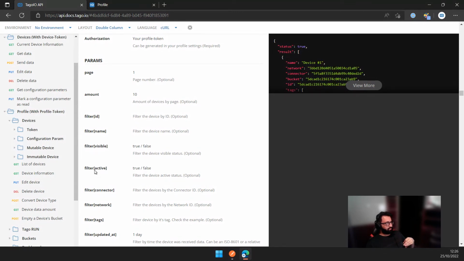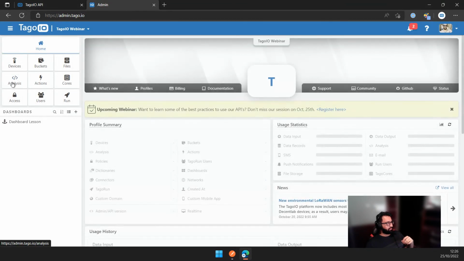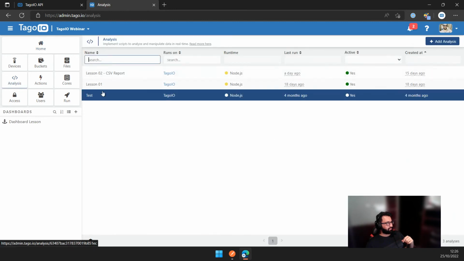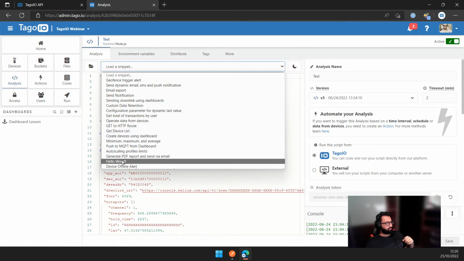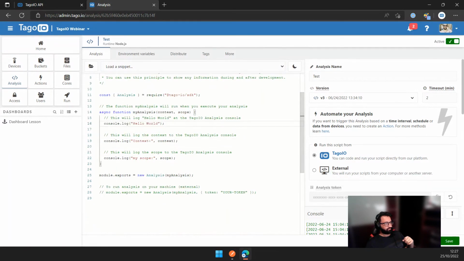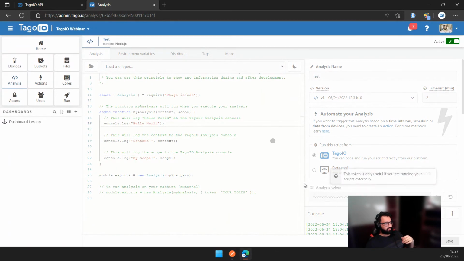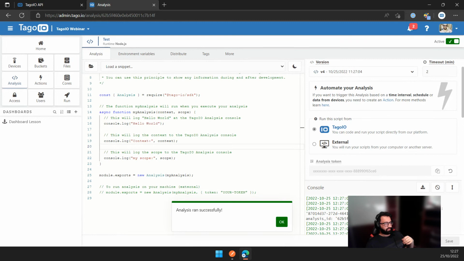Okay, I believe I'm done here with the API. Let's move on to the analysis so we can take a quick look at how this looks in the analysis. I have a test analysis here. Let me load the hello world example. Okay, so I have the hello world example here. And this is a very cool example where we can just press run here and see a few things showing up